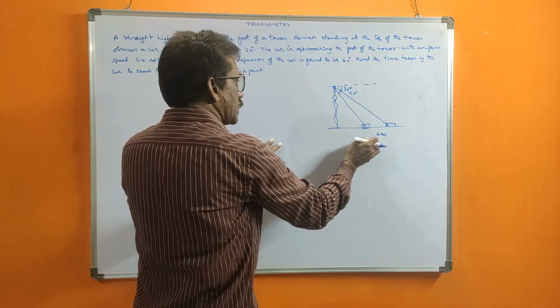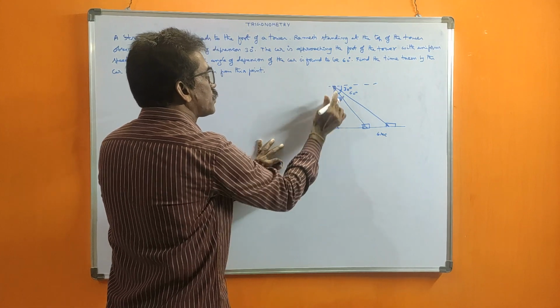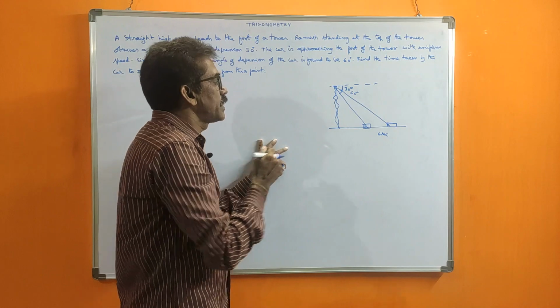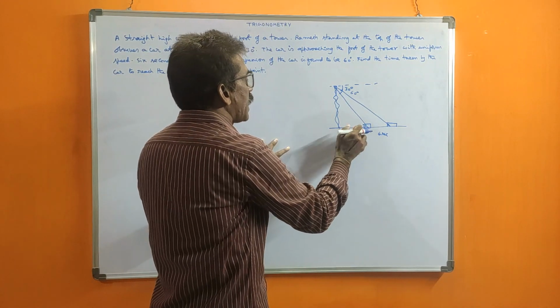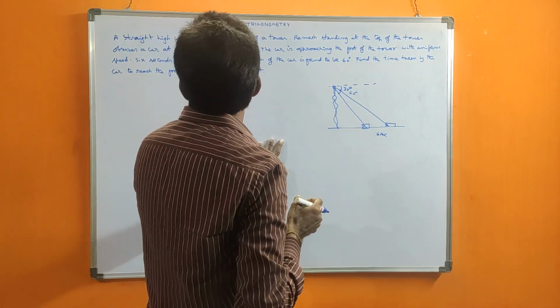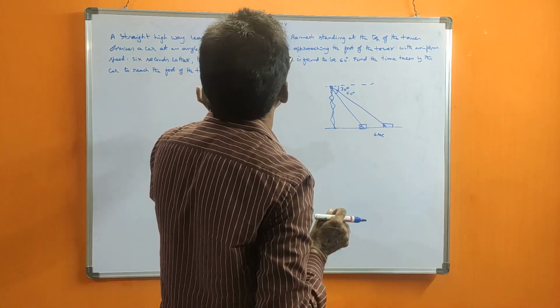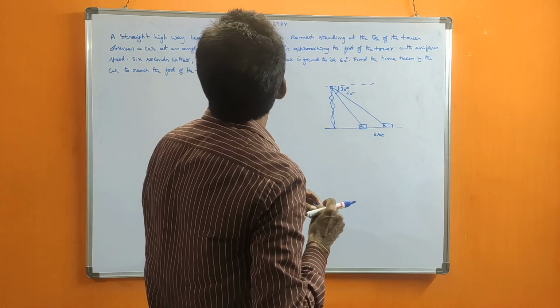When it is approaching like this, the angle will increase. It is coming towards the foot, where we cannot see the bottom line. So that's why it will increase. So when it is approaching towards it, the angle of depression will increase. So it is increased to 60 degrees. Now, that's it. 6 seconds later, he gave like this. Angle 60 degrees he gave.